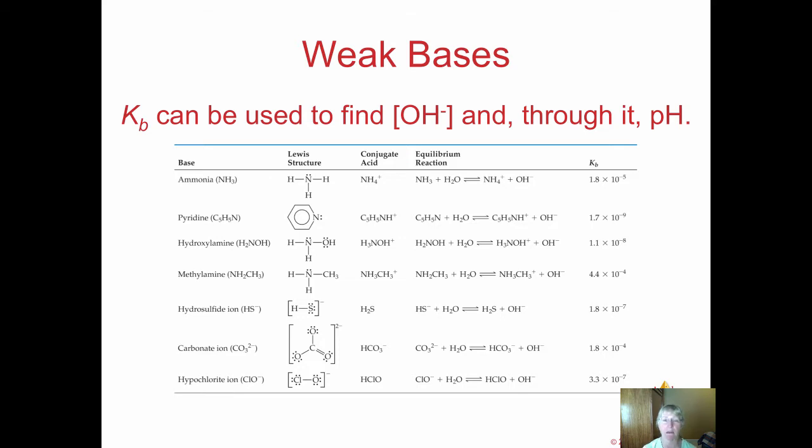I'm hoping that at this point you can see that all of these substances in this base column have somebody, frequently nitrogen, but it doesn't have to be, it could be like a sulfur here, that has unshared or unbonded pairs of electrons. And it is at that site that the hydrogen will be attaching. So for example, back to our ammonia, NH3 becomes NH4, and the hydrogen will attach right here